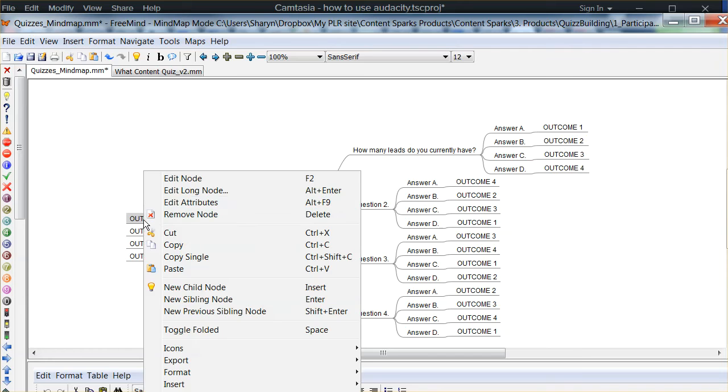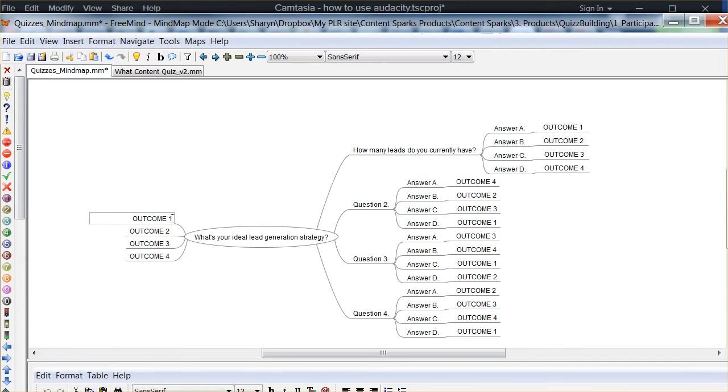So one outcome for lead generation, one strategy might be blogging. Another top strategy could be, let's say, Facebook ads. And I'd walk through just some basic examples for each. Then go in and do the questions and show how to map them. So that would be the end of my tutorial. I would save it. So in this case, I'm using Snagit. I'm not going to save it on the video, but I would save it,